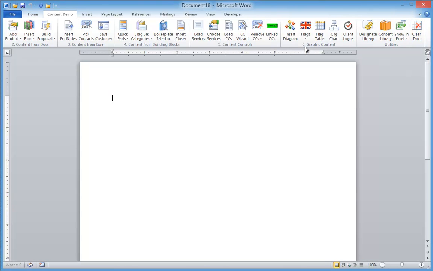Now that works great if you're adding one thing at a time, but if you want to add several pieces of content at once, we can provide a dialog box that makes that easier. Even if your content collection is small, we can still use this technique to keep it simple and uncluttered. For example, to pick from a collection of bios for professionals in my consulting company. This time, rather than browse through a folder and choose the document I want to insert, I'm going to click